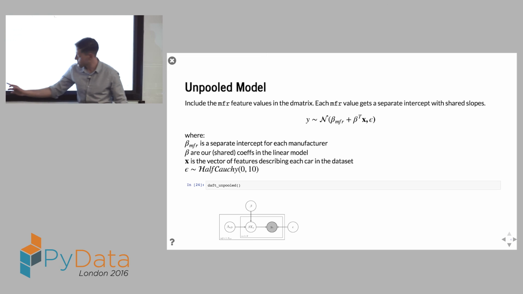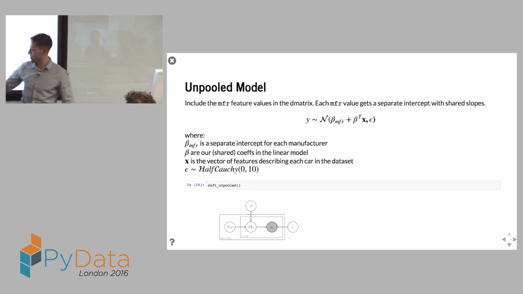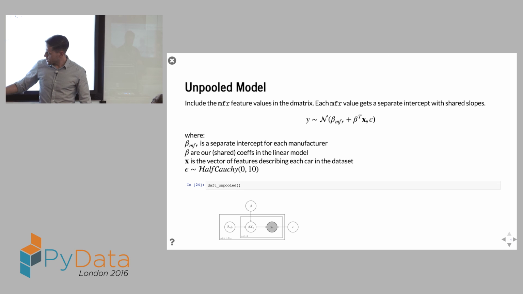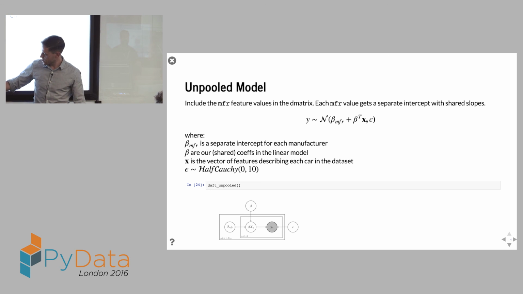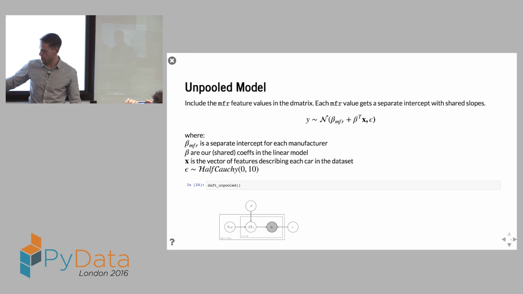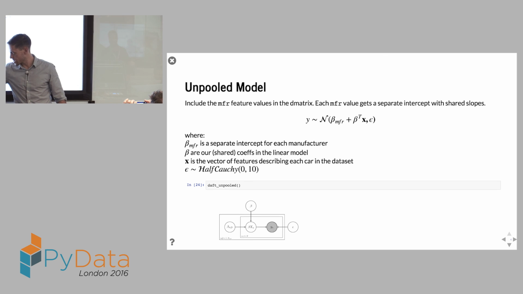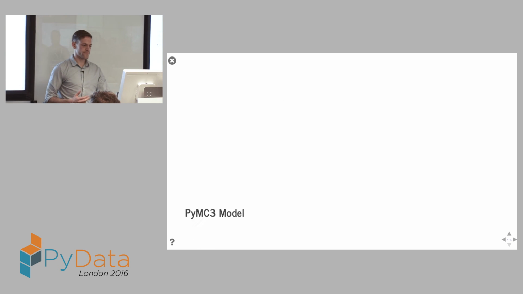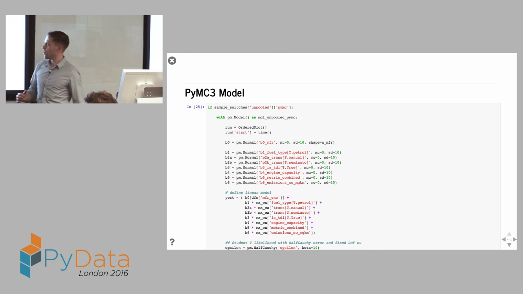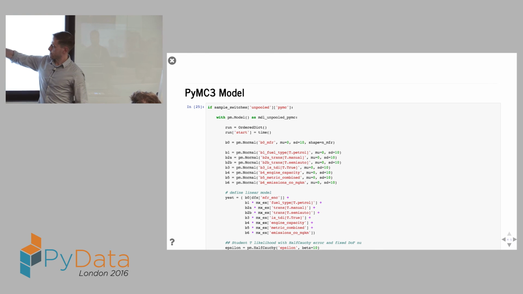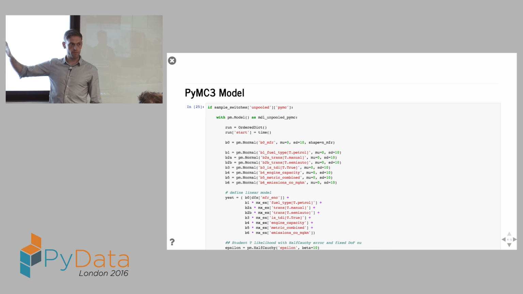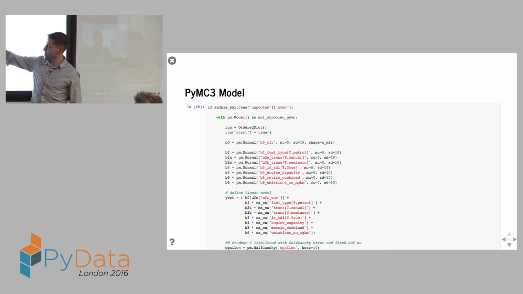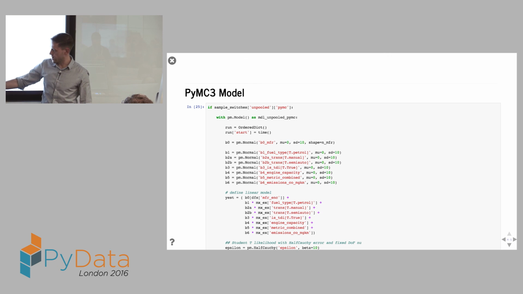So this looks a bit like that. What you see here is another plate. This inner plate is per car, the outer plate is per manufacturer. So now I'm pulling this intercept from the manufacturer itself. In PyMC3, it doesn't look a whole lot different. I'm now declaring my full model. I'm no longer using Tom's GLM thing. I'm actually declaring each prior that's going in there and declaring my model, and, well, you've seen this bit anyway, it's fallen off the end.